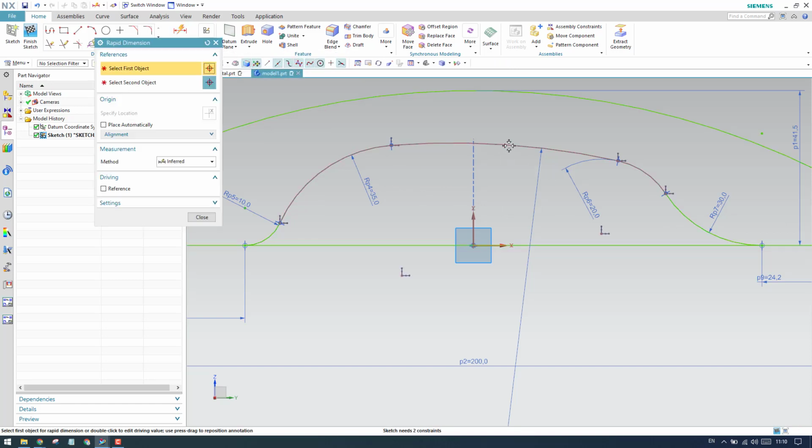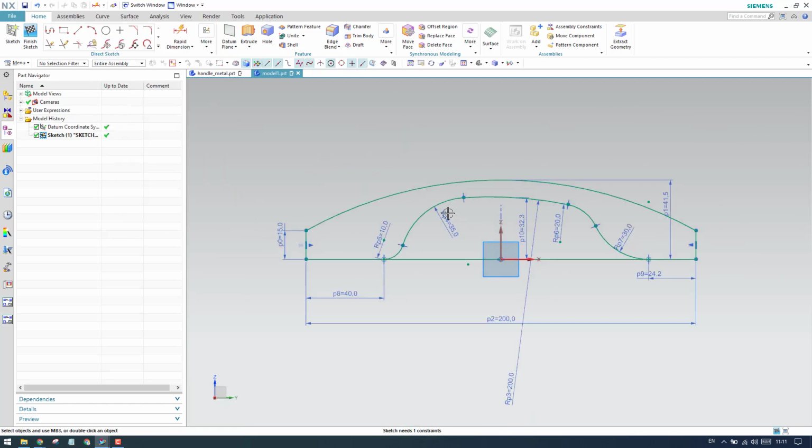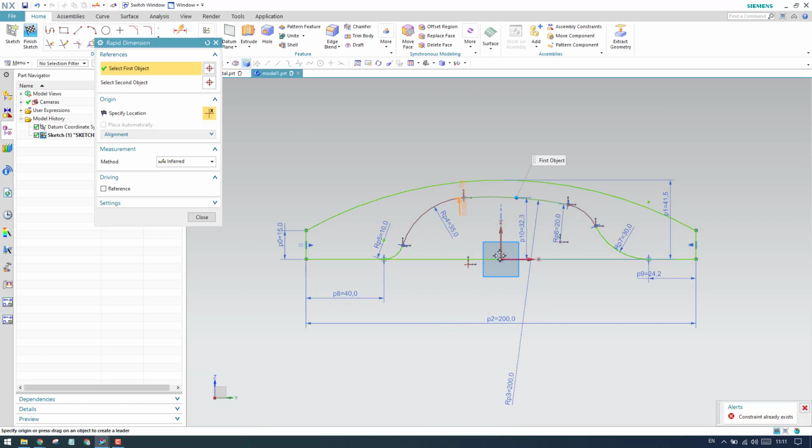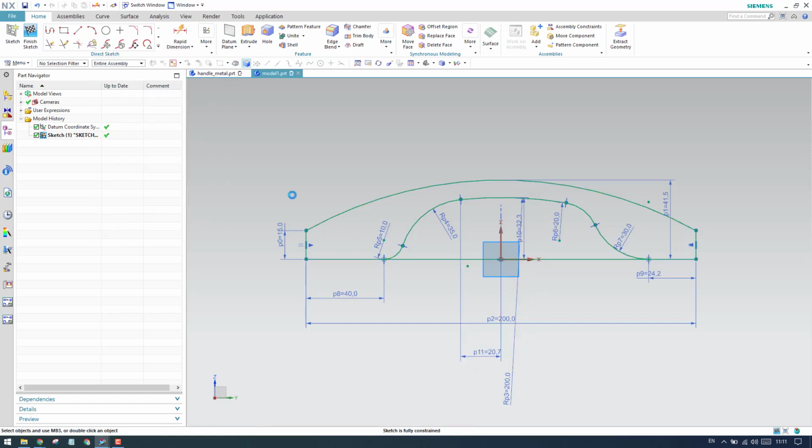We have an arc here from this center line to this point, it is 32.25. Now we are left with one more constraint. Let us give the dimension for this point from this line, it should be 20.7. I think now our sketch is fully constrained.